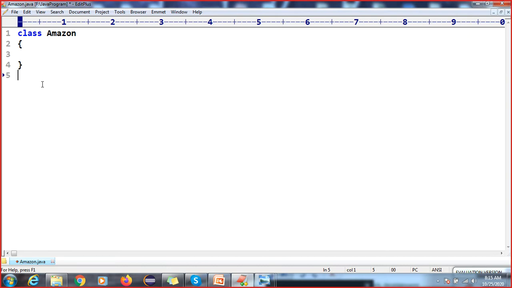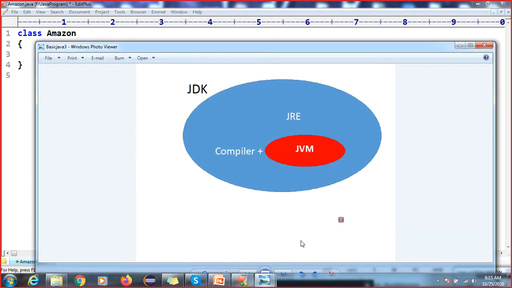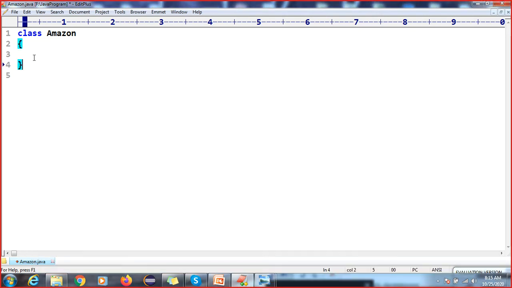So this code is developed, but in Java we have other software here, that is called JRE, compiler and JVM. All this inbuilt software has different work. What is the work of the compiler, JRE and JVM, we will learn. So this code is only developed.